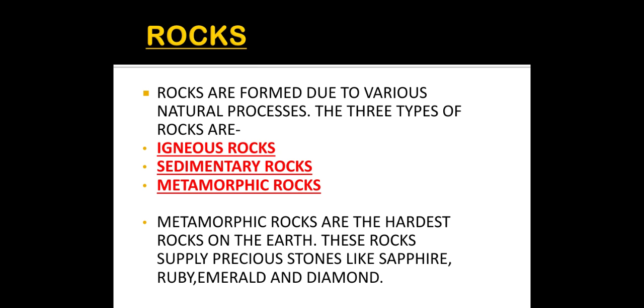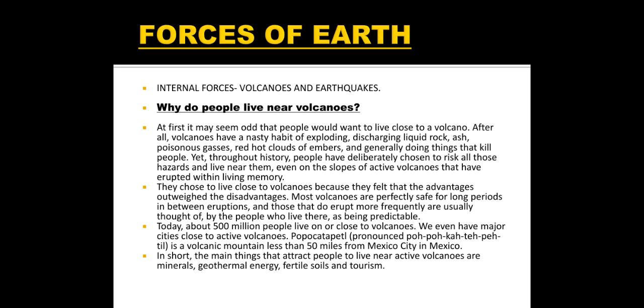Then we studied about the forces of earth, how the changes take place. So there are two forces, as I said, internal force and external force. Now we studied in internal force volcanoes and earthquakes. So volcanoes, due to the change in the temperature and pressure under the earth, the magma comes out through a vent. So the earth, when it is floating, there is some vent type gap. From this the magma comes out and they are called the volcanoes.